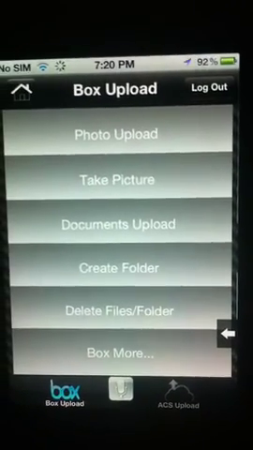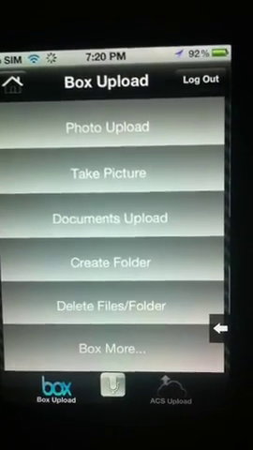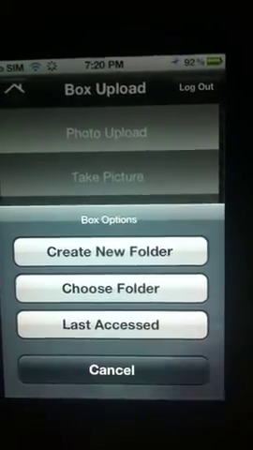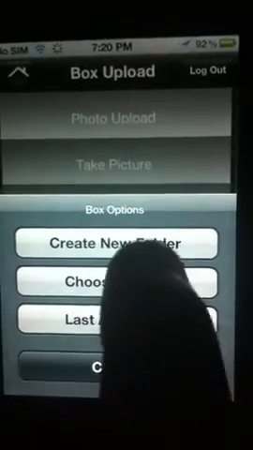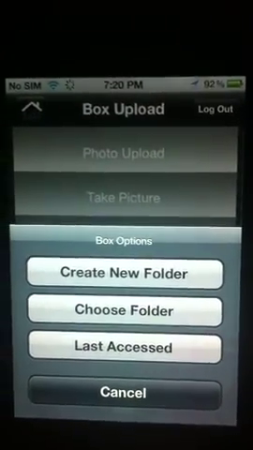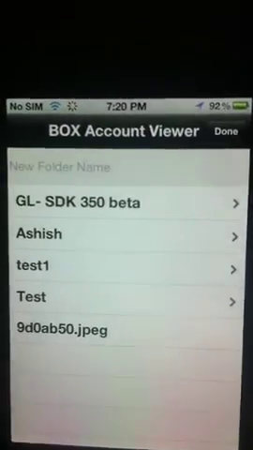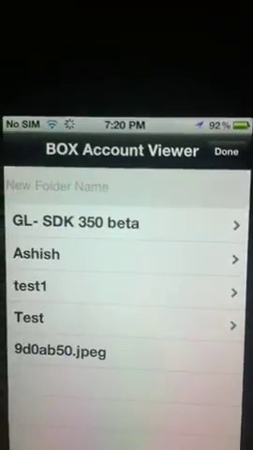Similarly, if I want to upload my document from my application, so how can I do that? I will just click on document upload and now choose a folder. No, I want to create a different one. Okay, create a folder. Here you will have option to put the folder name.